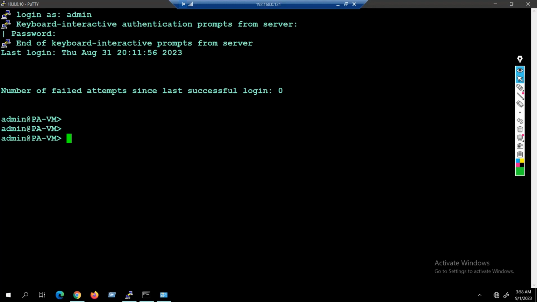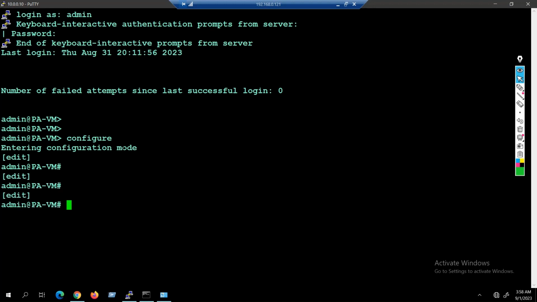So right now I'm going to enable HTTP services, and then I'm going to enable Telnet services from your Palo Alto firewall CLI console through SSH. Right now it is not possible in operation mode. You have to enter into the configuration mode. So just go to configuration mode, and now to change those services, to enable your Telnet services or disable your SSH services,